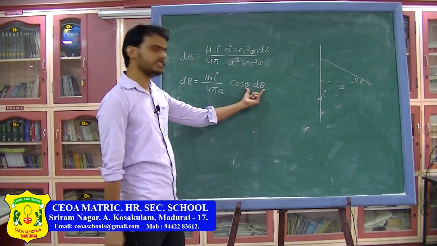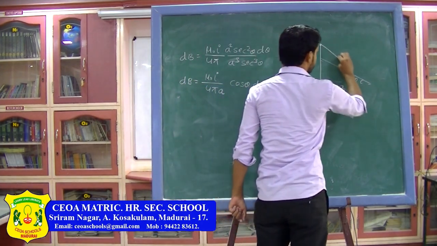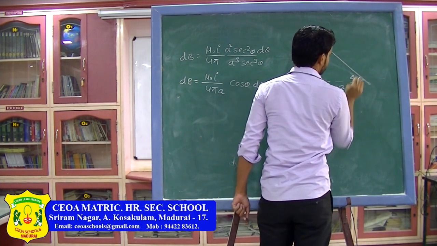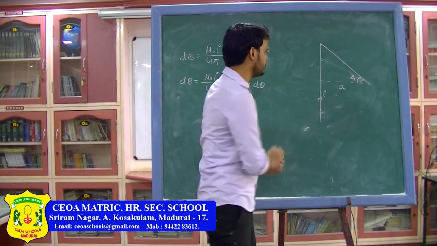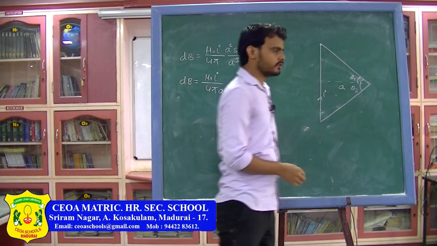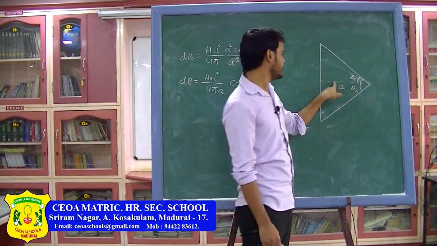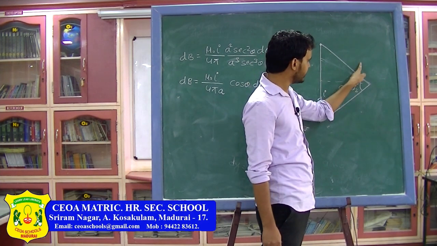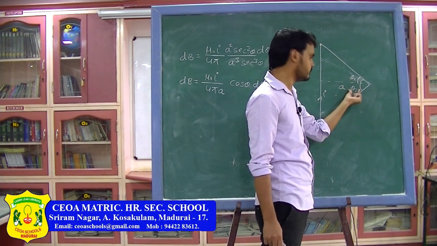Now here my integration variable is theta, so I have to see how theta is changing here. This end of the wire is making an angle theta 1 with this point. Similarly this point is making an angle theta 2. So my variable theta, I have taken this line as reference. So theta in this direction is changing up to theta 1, and here it is changing up to theta 2. So I am going to take this direction as positive and this direction as negative. So theta is a variable which is changing from theta 1 to minus theta 2.